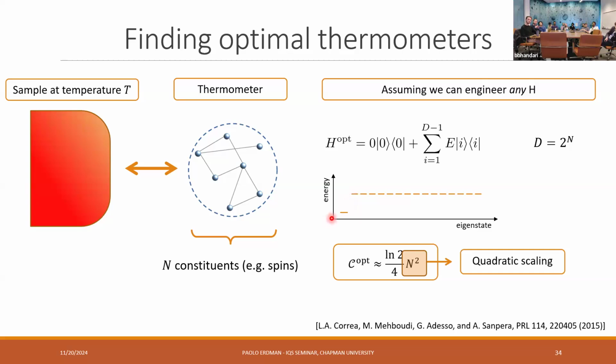If you imagine the occupation of these levels with a Gibbs factor, e to the minus beta epsilon, you're at 50% here, 50% there, and just a small change of temperature gives you this collapse of the population. And the star model can do something similar. If you look at the spectrum of the star model, we have one ground state, then half of the excited states are degenerate here. So we don't have 2 to the n, but we have 2 to the n over 2 for the first excited degenerate level, and then you have higher states that don't contribute much.